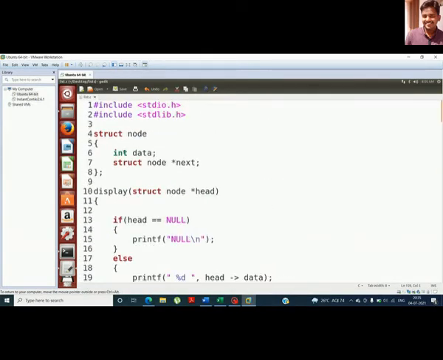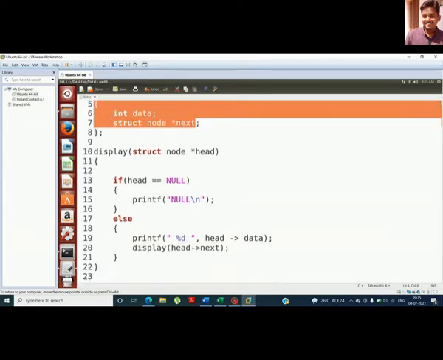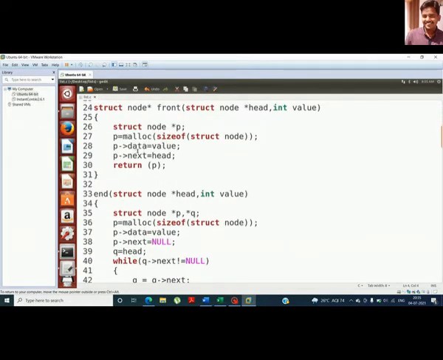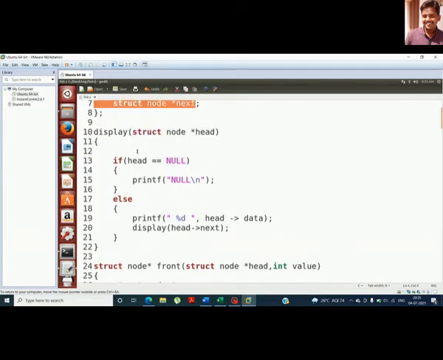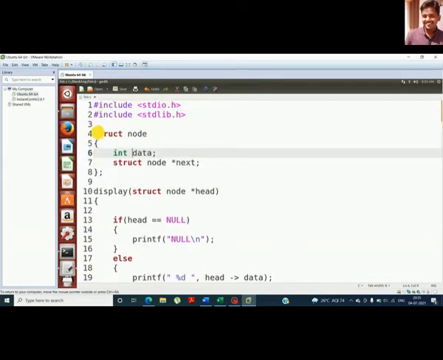So this is how I'm going to create the list. What is the definition of a list? A linked list is a collection of data elements stored in such a manner that each element consists of a data item and the address of the next node. This is how we can declare a list. I'm using dynamic memory allocation here for allocating a list node. This is one node.